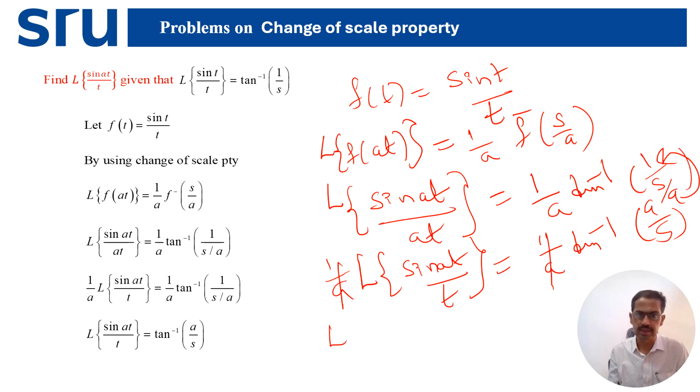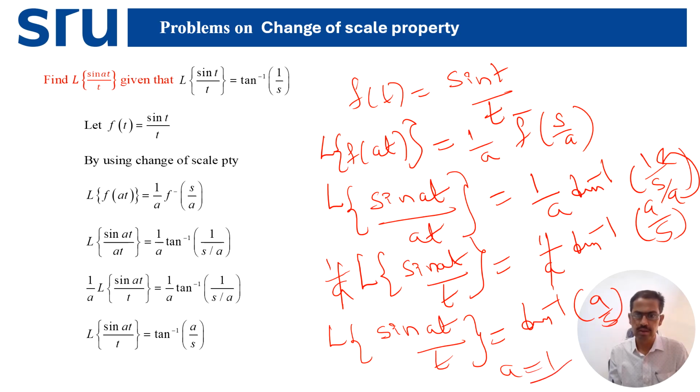So the Laplace transform of sin at by t is equal to simply tan inverse a by s. If you put a equal to 1, you will get this one. This is about the change of scale property. Right? And next is,